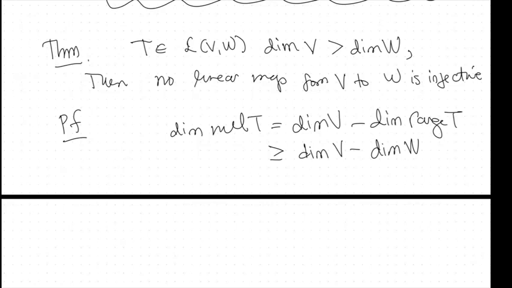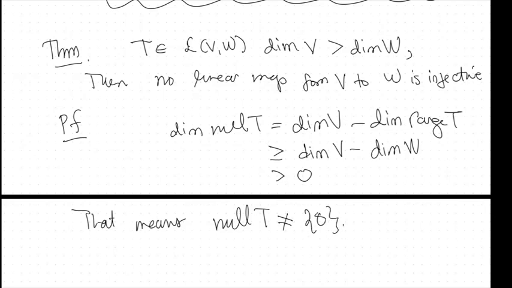And then this means this is greater than 0. That means the null space of our T is not trivial,